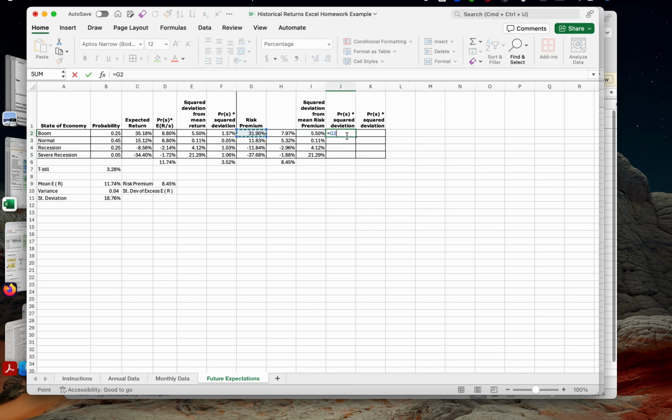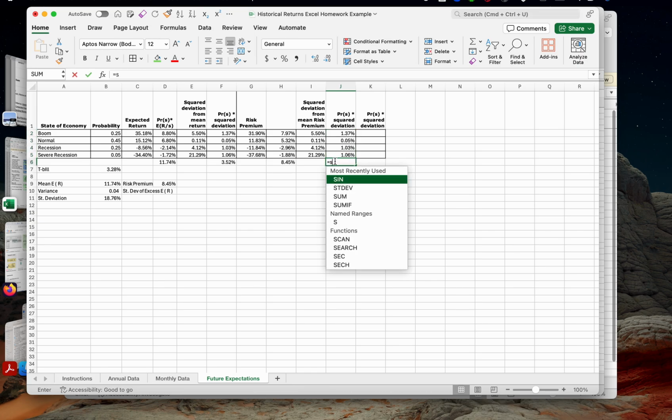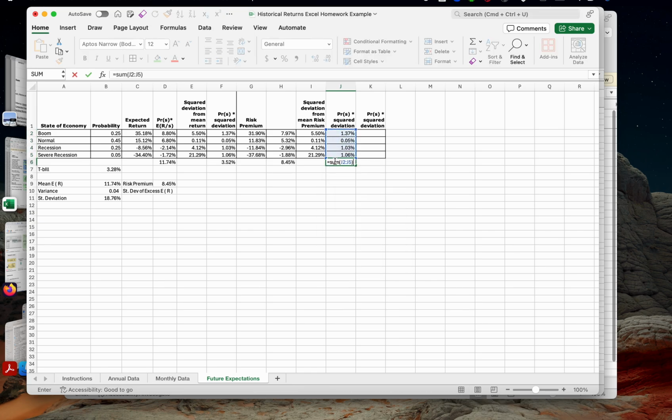And now I'm going to multiply that times the probabilities of each state of the world times the square deviations. And the sum of those will be the variance. Okay, so now my variance will be the sum of these, and my standard deviation will be the square root,